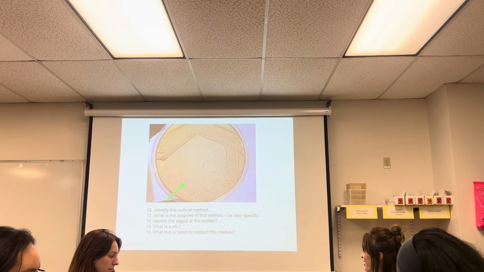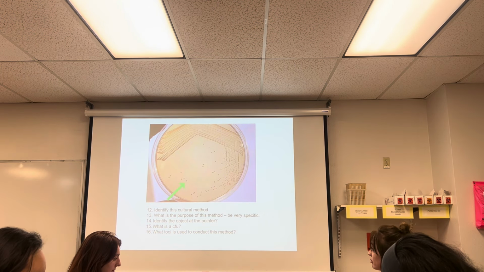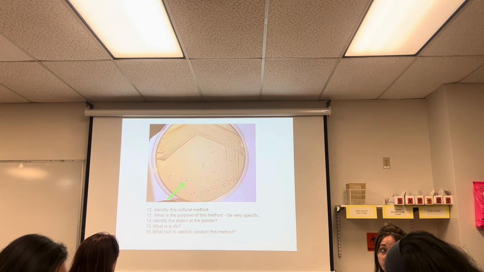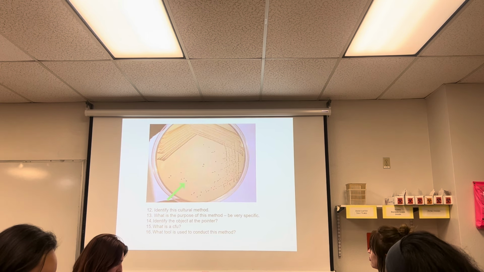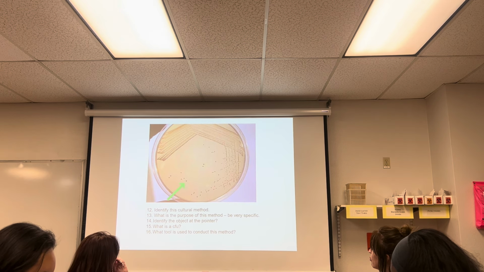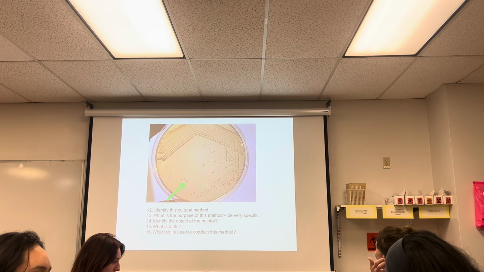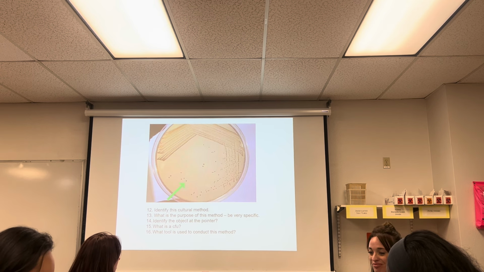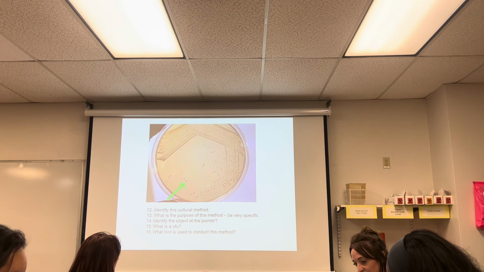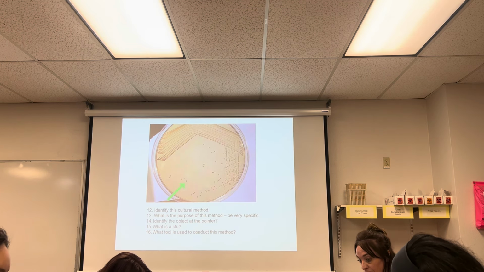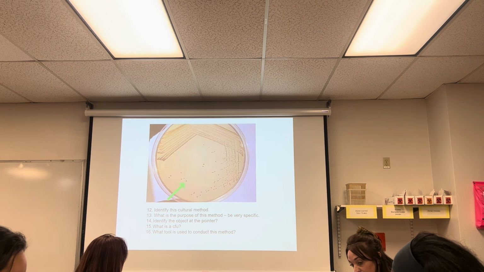Okay? Here we go. Boom. Okay, looky here. So, in your mind, what do you see immediately? Streak plate. Identify the culture method. It's a streak plate, right? What's the purpose of this method? Be specific. Isolation. All I need, you can write a sentence. The purpose of this is to isolate bacteria. I'm like, you're going to run out of room on your little page. But isolation is all I need. Usually, the answers are one word, maybe 3 words. They're not supposed to be a paragraph. Okay? All right, here we go. Identify the object at the pointer.